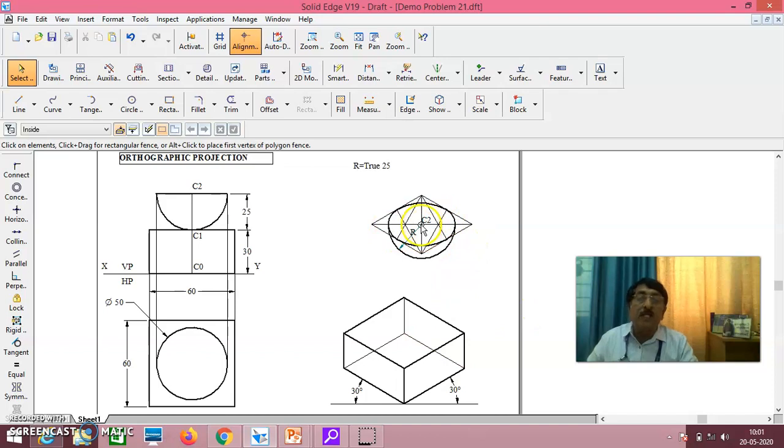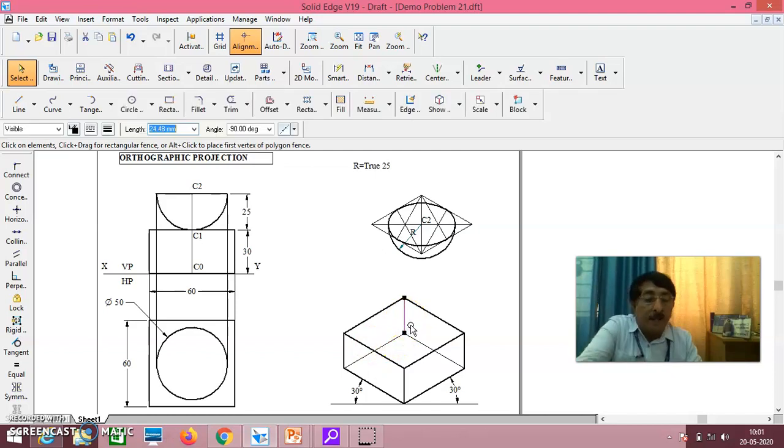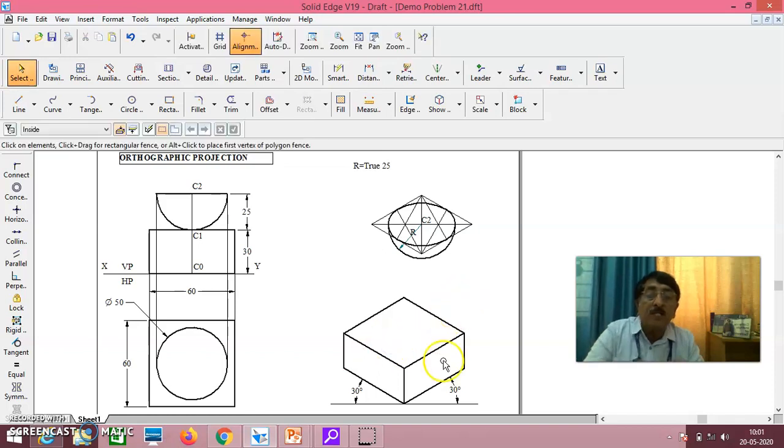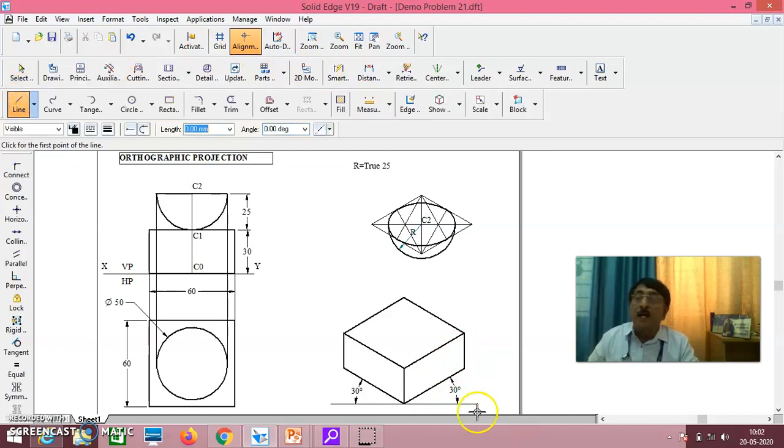Any procedure you take, either you take this and put it here or take this and put it here, whatever procedure you take. The idea here is that C0 is the center of the bottom surface. If I take the middle to middle of the bottom surface, you get center C0. If you take center to center here, you get C1. Just for convenience, I'll delete the back portion, because you are interested in only the top surface, left surface and right surface. Now just for you to understand, I'm showing you this.